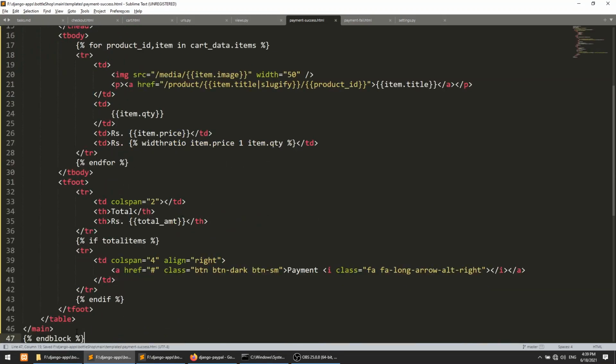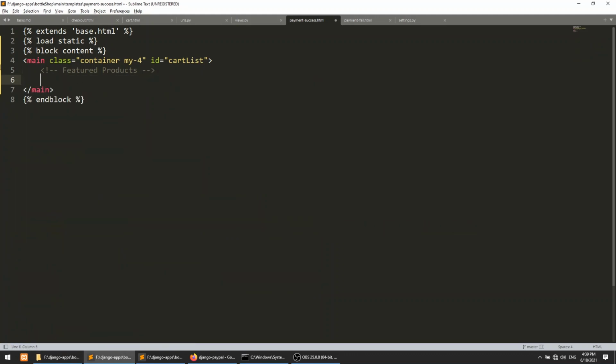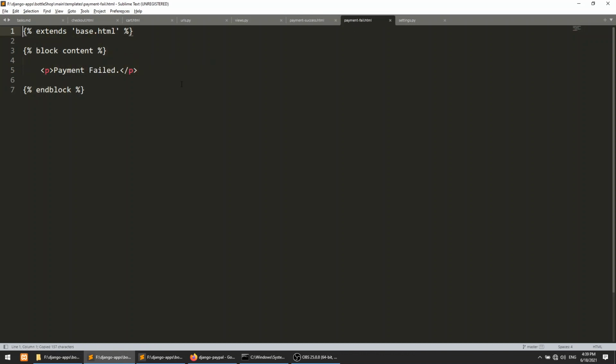Here we will implement this, and I will remove the table and just add a message, payment success. Simply I will copy this, and in the payment fail I will implement payment failed.